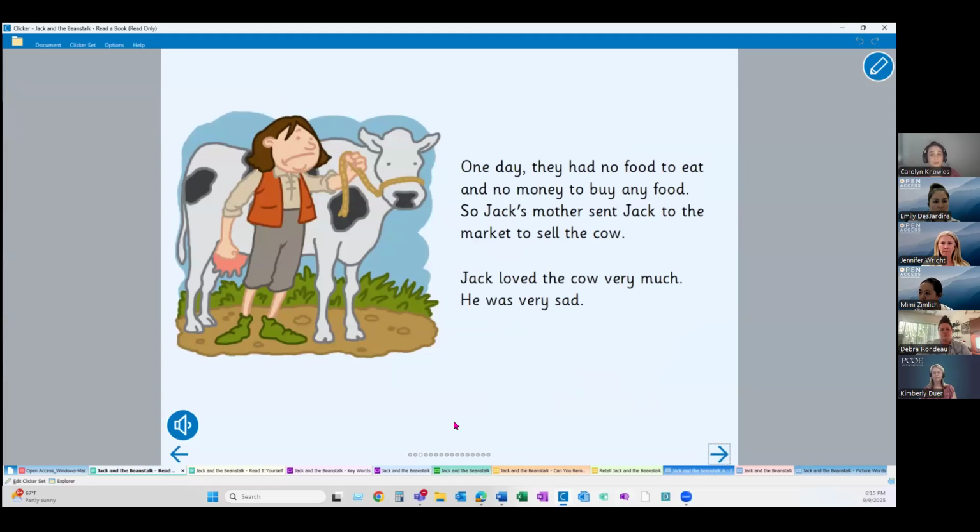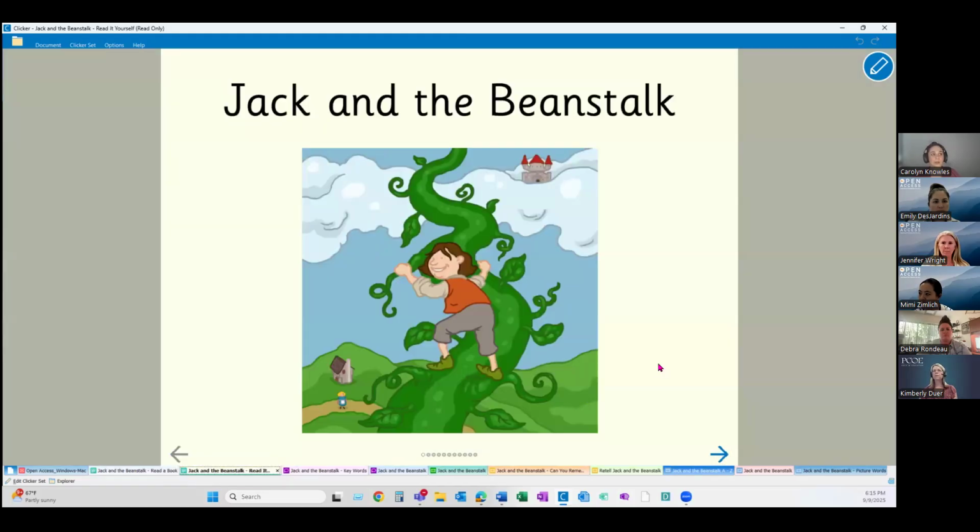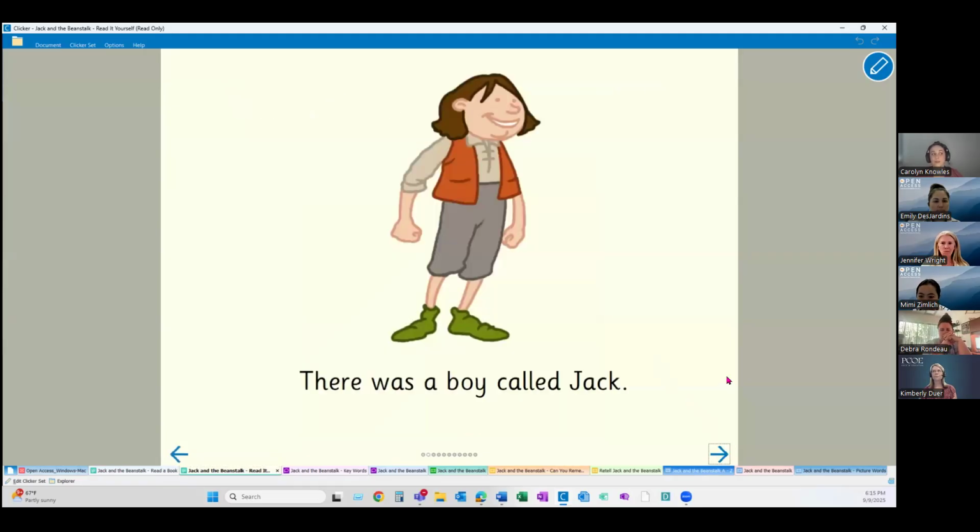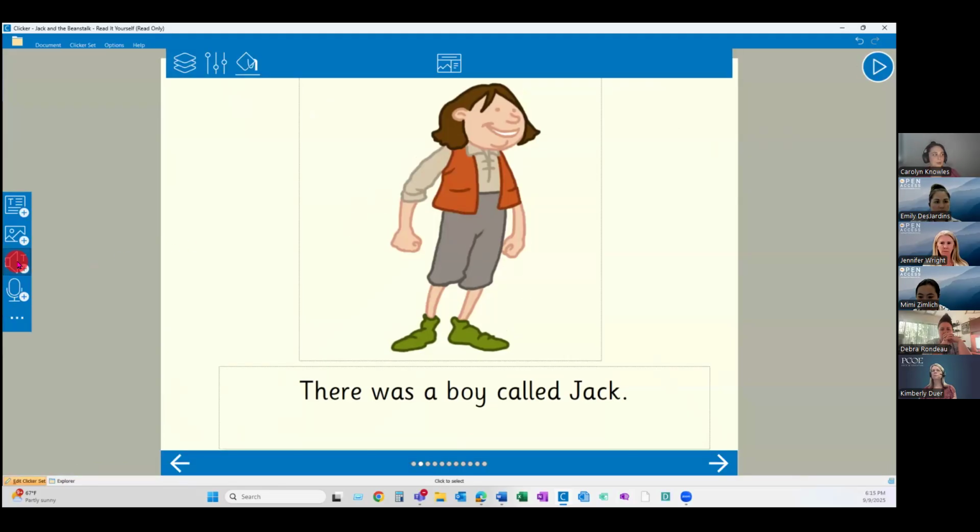But another one of the books included is a Read It Yourself book. And again, pictures are the same, topic is the same. But the difference here is that there's generally less text on a page in a Read It Yourself. We're trying to encourage more independent reading. And there isn't a Speak Text icon included in these automatically, but we can add one by going up here and inserting our Speak Text icon.